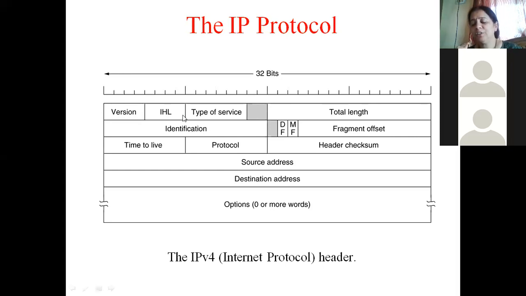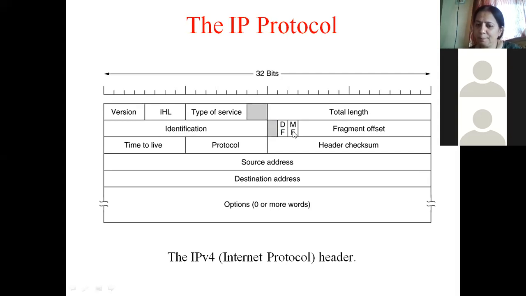For example, imagine we have packet number 10 and it is divided into 3 packets. How will we identify it? 10.1, 10.2, 10.3. So the original packet number is 10, and its fragments together are covered by the identification. So this identification number indicates the original packet to which the fragment belongs.